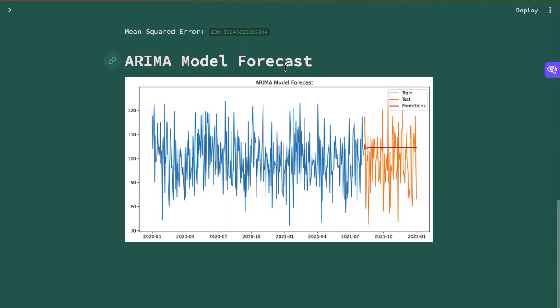ARIMA model forecast. So this is the train which is blue. This is the test which is orange, and the predictions is that red